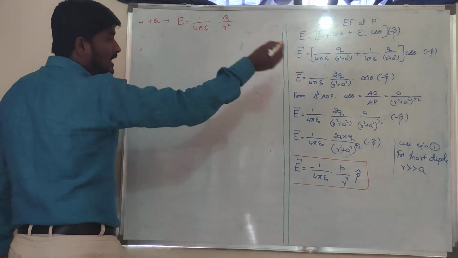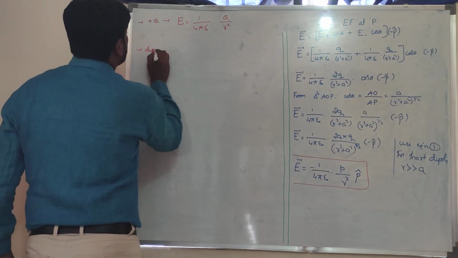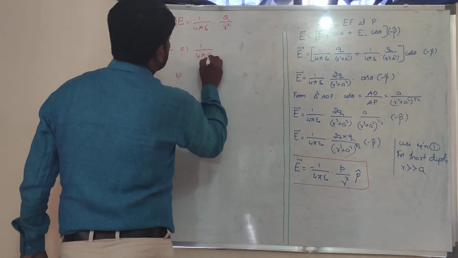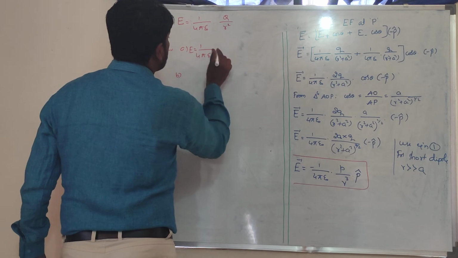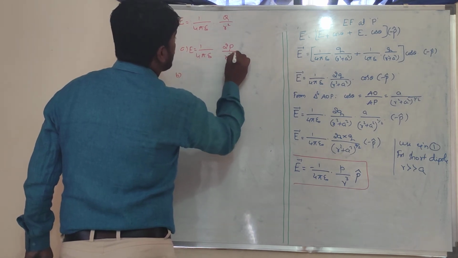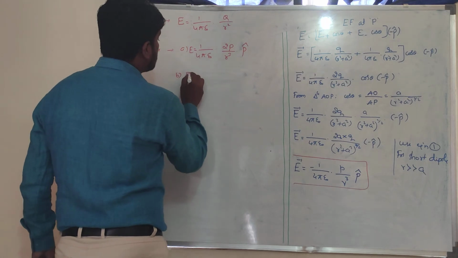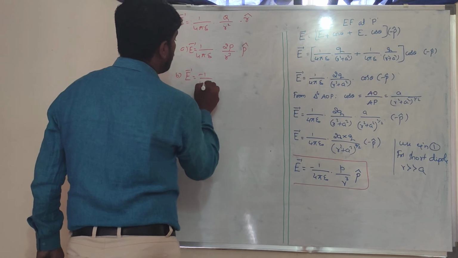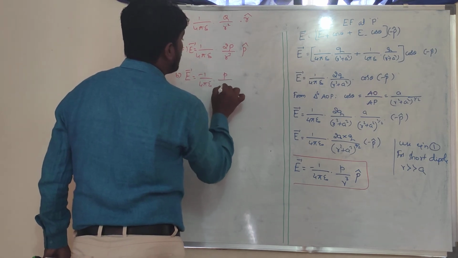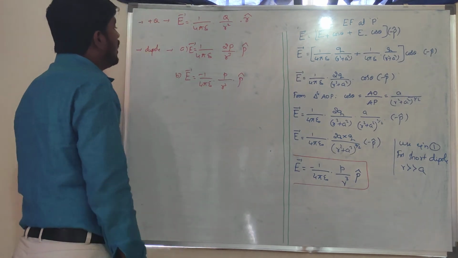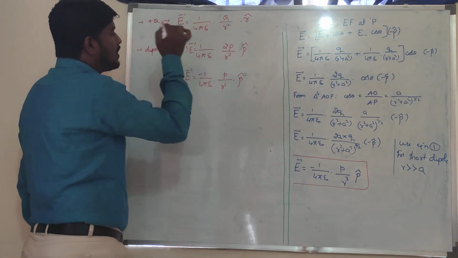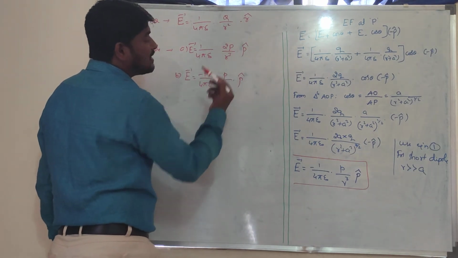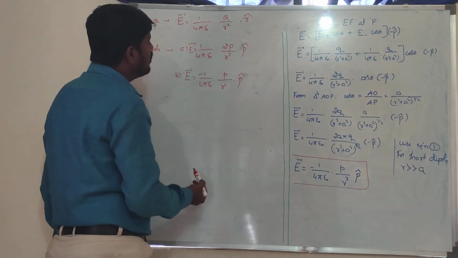Suppose I take a dipole on the equatorial line, then due to the dipole there are two cases, A and B. Vector E is equal to 1 by 4 pi epsilon naught into 2p by r cube into p cap. If I take another case, vector E is equal to minus 1 by 4 pi epsilon naught into p by r cube into p cap. For the time being, if you consider the constants, forget about that. Here also charge is there, here also charge is there, here charge is there, but the charge is written as 2a into q, that is 2 into q.